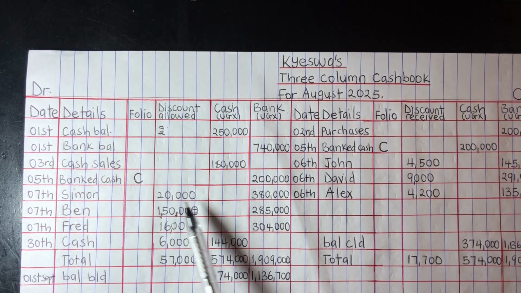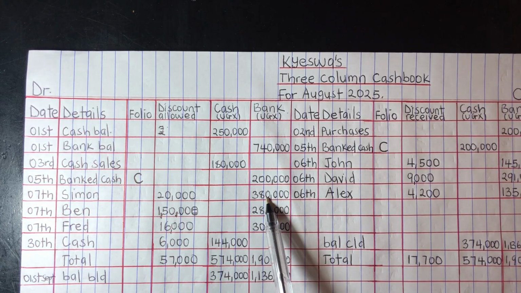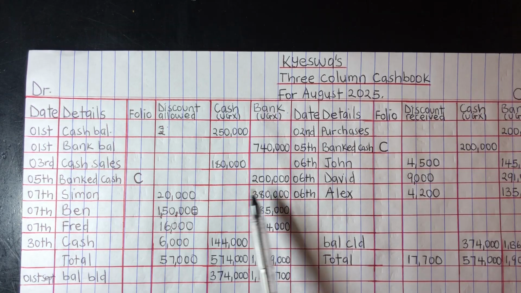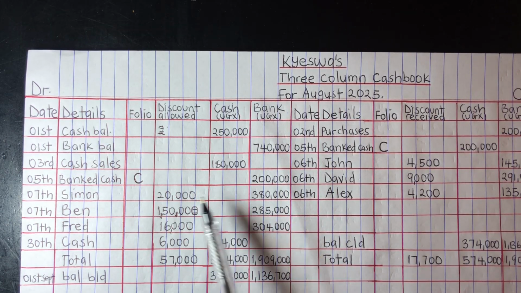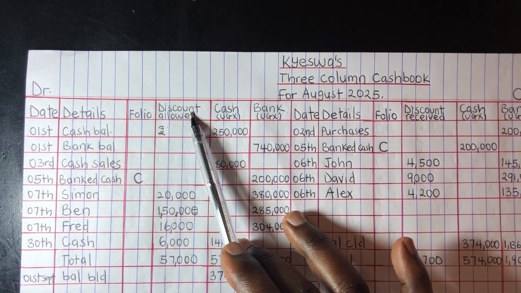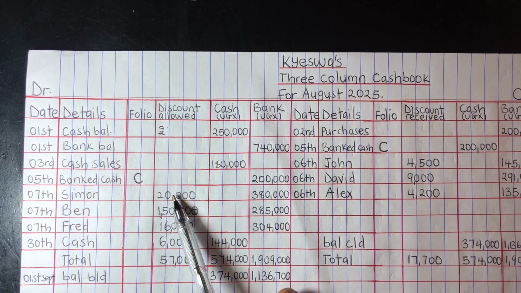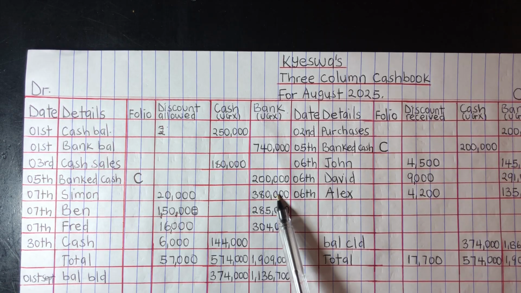So Simon was given a discount of 5%. He was meant to pay 400. So 5 over 100 times 400, it is 20. So he was allowed this. He was given a discount, so the business allowed a discount of 20. So we get this 20 minus the 400, we get the 380,000, but it was bank, so we post it here. Okay, we are done with Simon. Let's go to